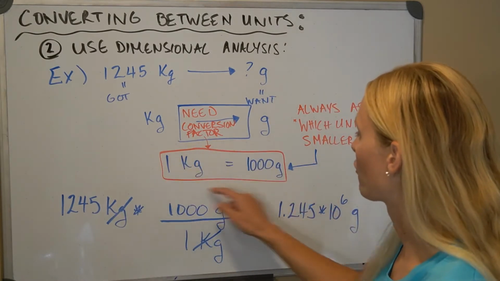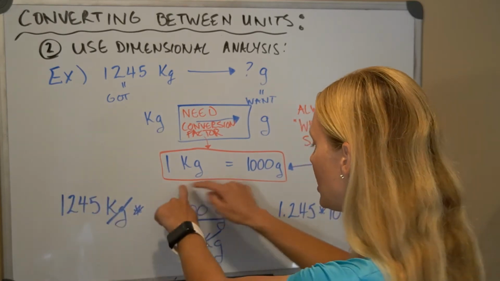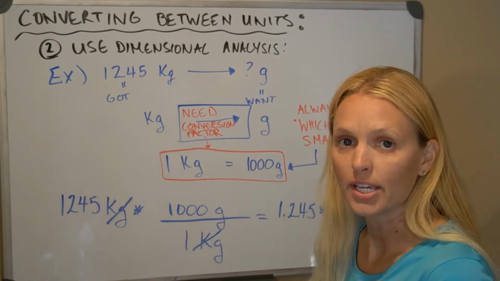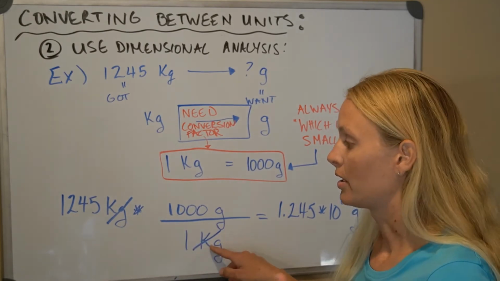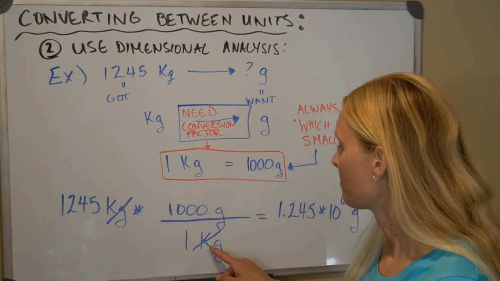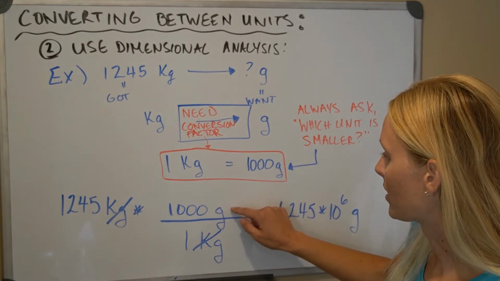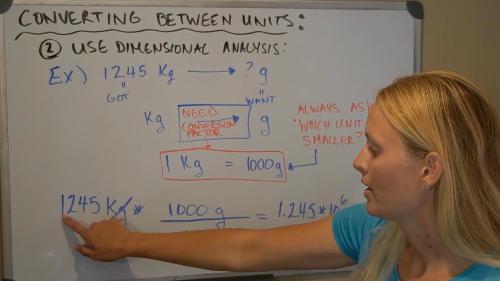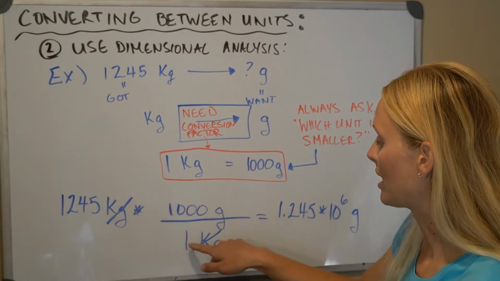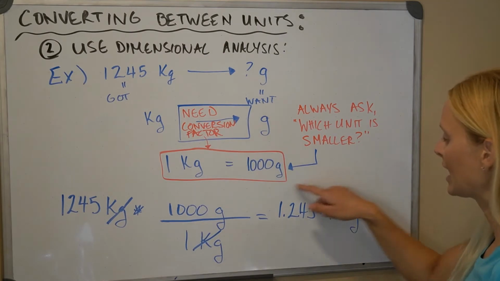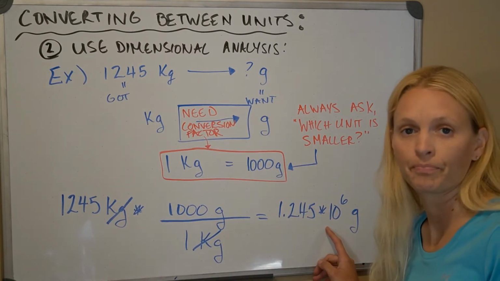Okay, so this is my conversion factor here, and I'm going to set up my GOTs. I'm going to put my GOT on the bottom, so my kilograms, as kilogram over kilogram, cancels out, and my ones on top. So 1 kilogram on the bottom, 1,000 grams on the top, and I just multiply 1,245 by 1,000. These cancel, divided by 1, and I get that same number that we previously got from the other